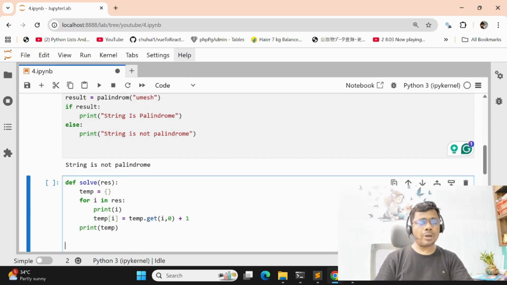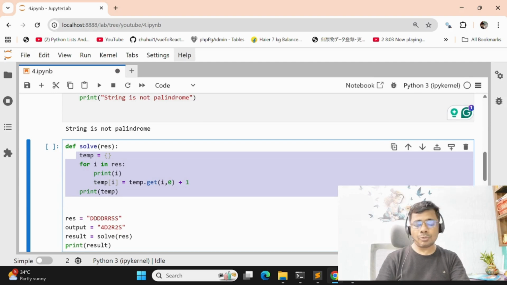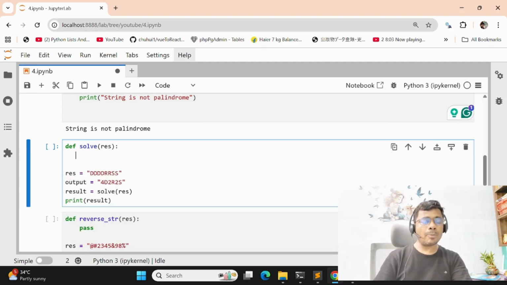In the next program, the string contains a number of characters. D occurs 4 times, R occurs 2 times, S occurs 2 times. Then we'll solve this program.